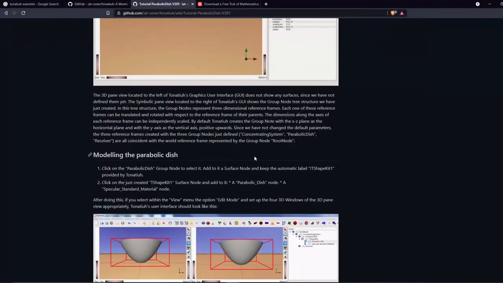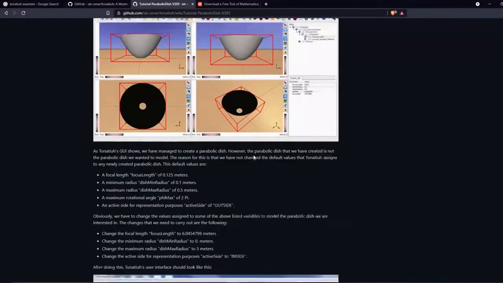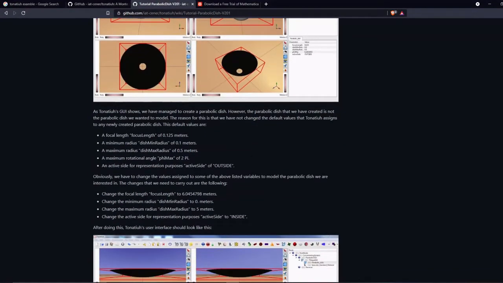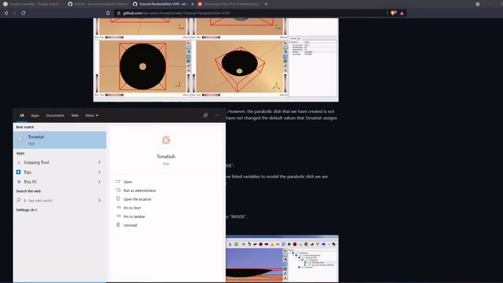Okay, what they did, we will do the same things. The diameter is 5 meter and the focal length is 6 meter. Just open Tonatiuh.